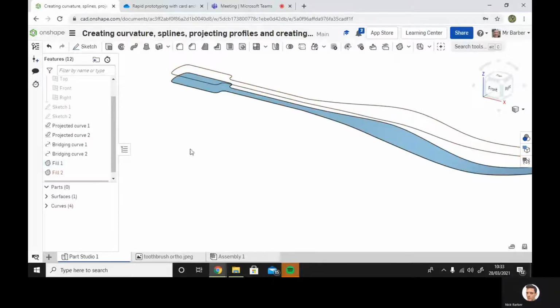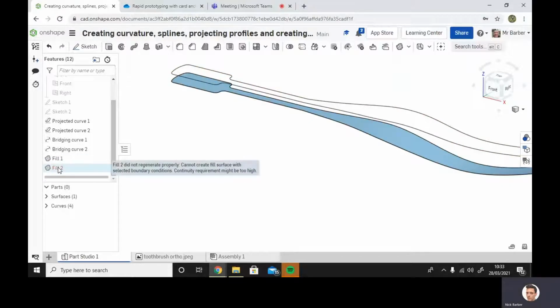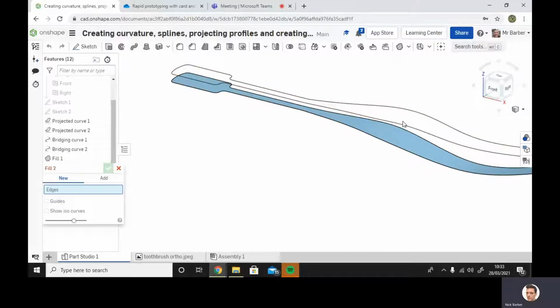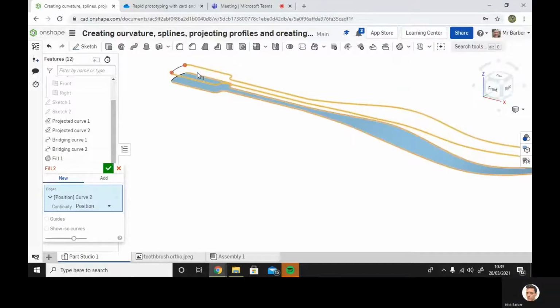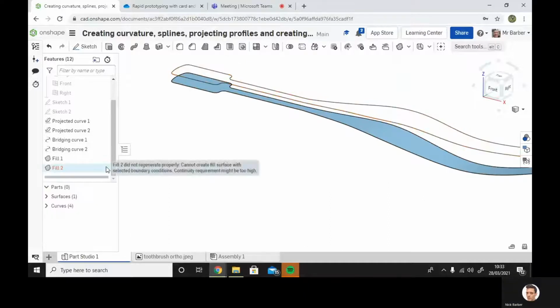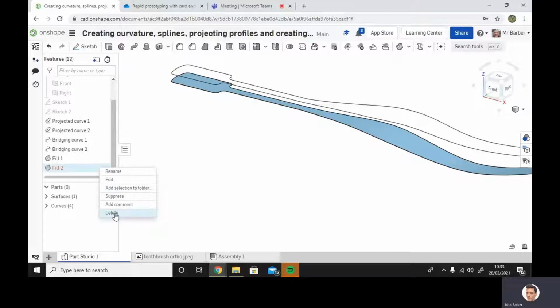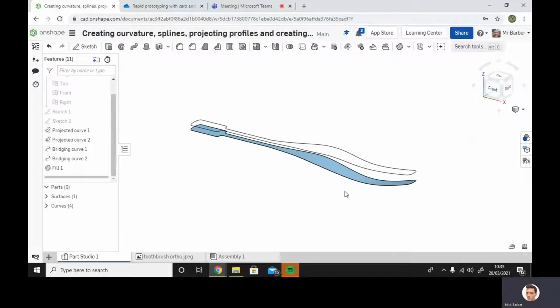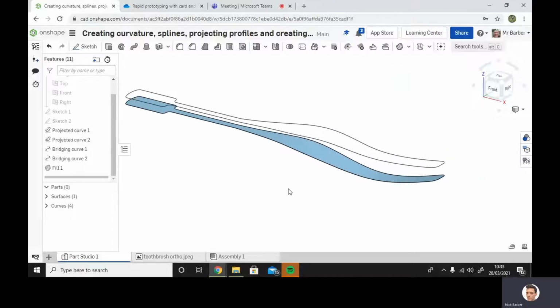And yep, why has that not worked? Delete that. We're going to try that again. Fill this area. Okay, at this point you might want to take a look at another example that I've done. Okay, what I'm going to do, rather than me fiddling around,